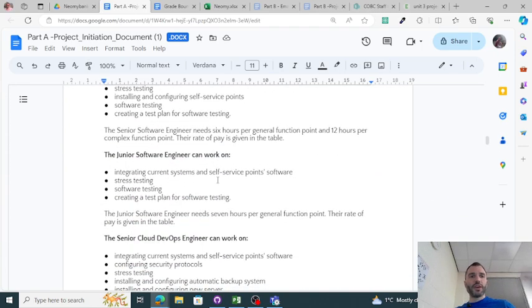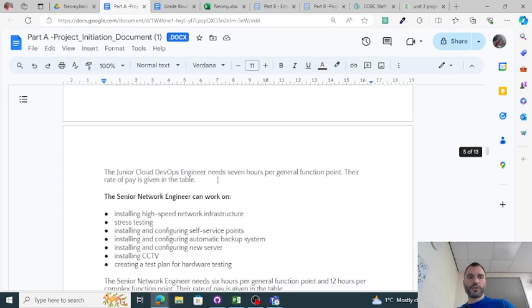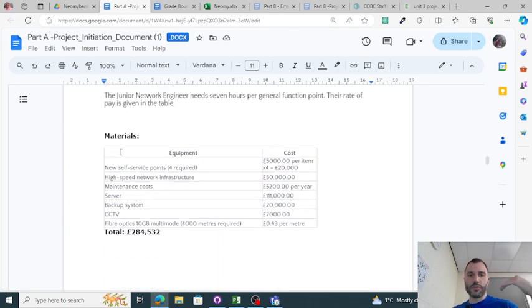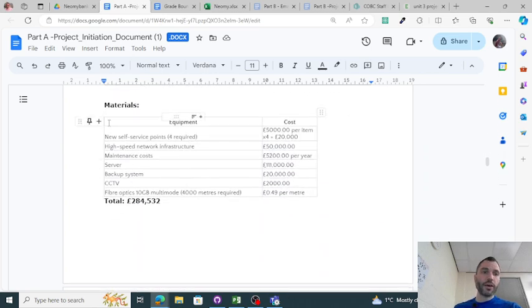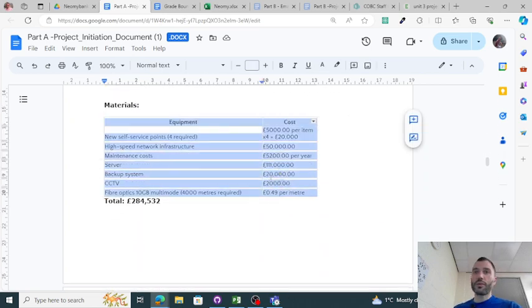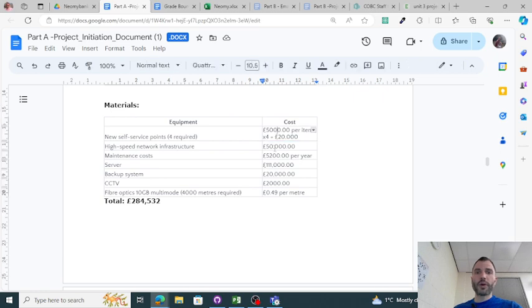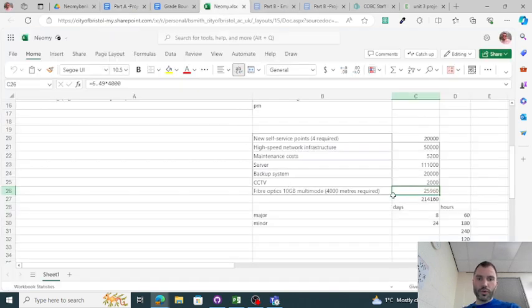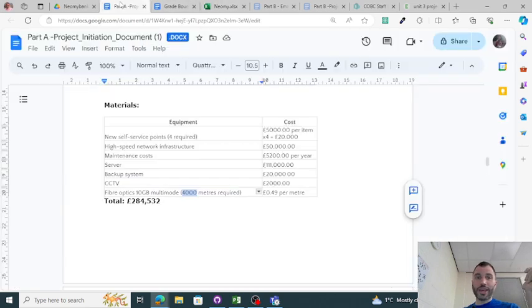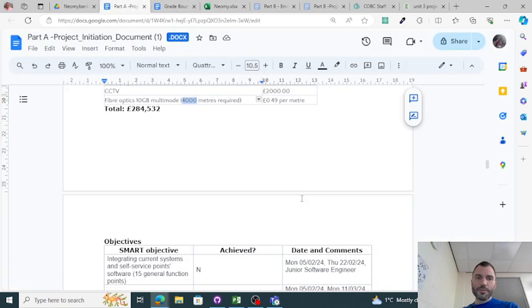Then responsibilities, they are just a list of the tasks that every single developer and engineer can do. Easy, copy and paste. Materials, again, they were very simple this time. There were a couple where I had to do a bit of maths, like 5,000 self-service checkpoints times 4, so 20,000. 0.49 per meter, so times 4,000 meant that that would have cost me 25,000. So if you said 0.49 for all the cables, you didn't read it right. But don't worry. And that is the total of